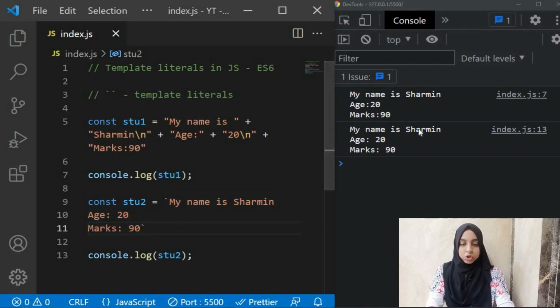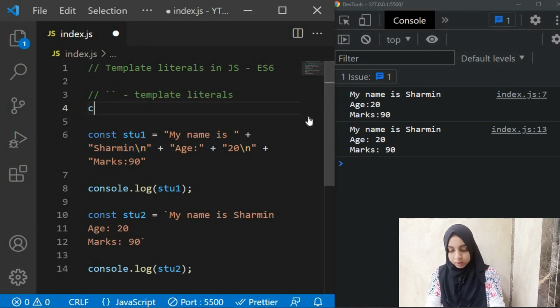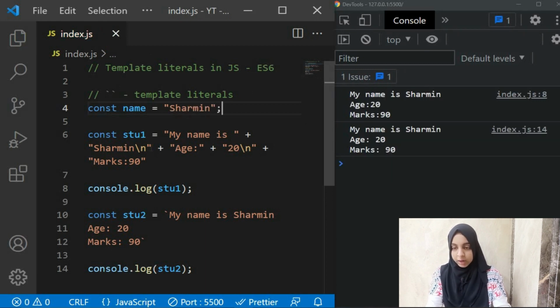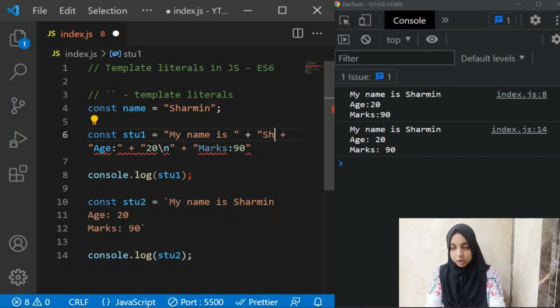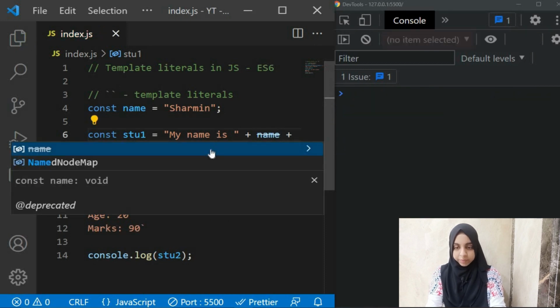It will show in the console the same way you write it over here, right? Now you would say, if you want this name to be dynamic, okay, why did I use this separately over here? It was just because we can have a dynamic name as well, right? So for example, here we had a variable which had a name value, and here we could call it like this, right? Name.